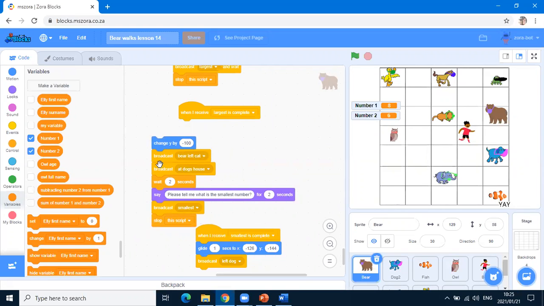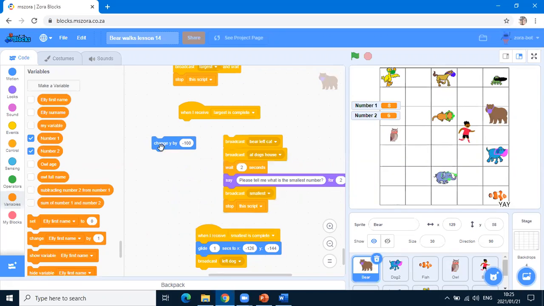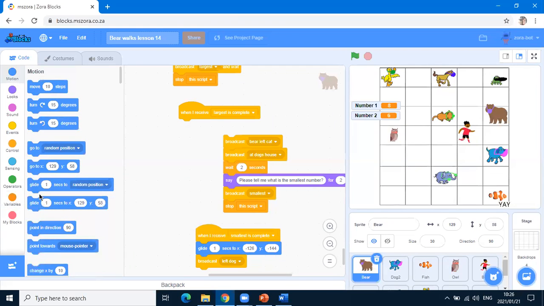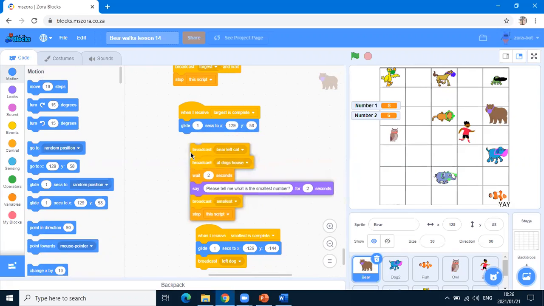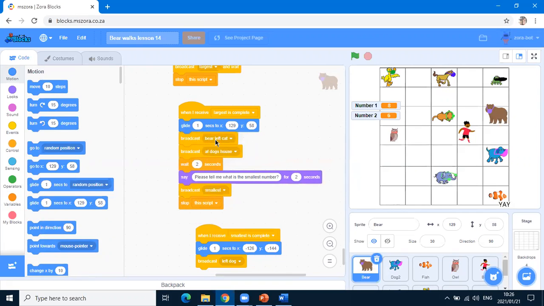And what we have a problem here is we did the same thing. We changed y by minus 100, and we don't want to do that. We want to glide. Remember, the y value is making it go up and down. If you change y by a negative number, you're going to go down. If you change y by a positive number, you're going to go up. So we're going to take that one out because it works too fast. We want it to glide. You want bear to glide to a position and then broadcast that he's left the cat and he's at the